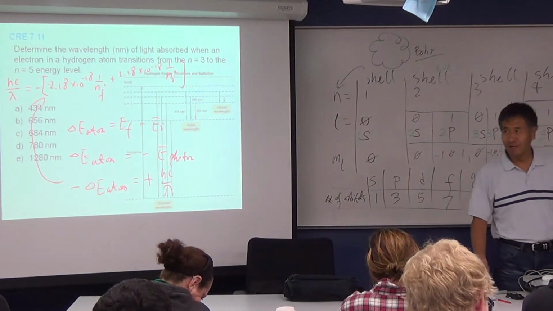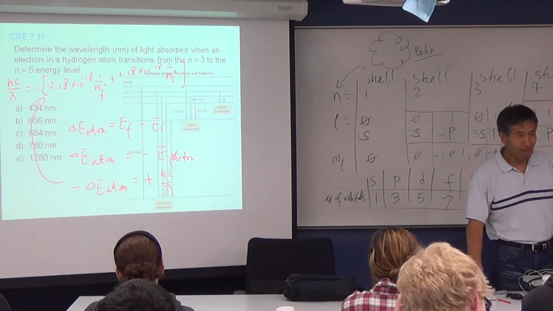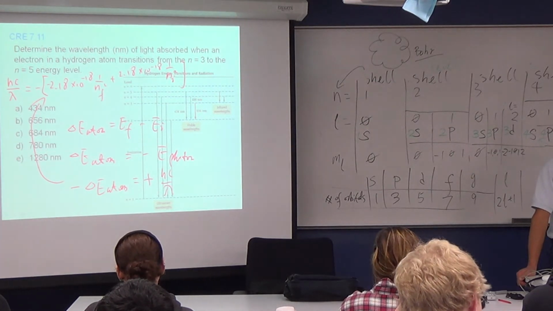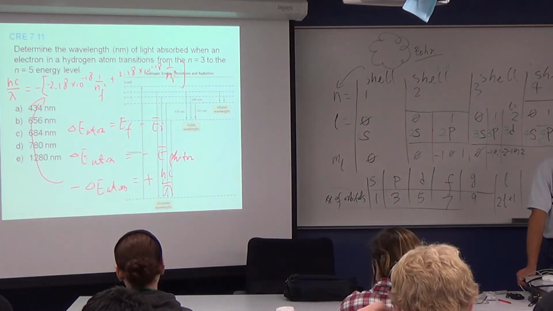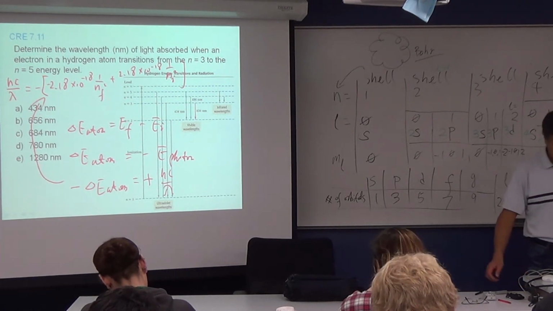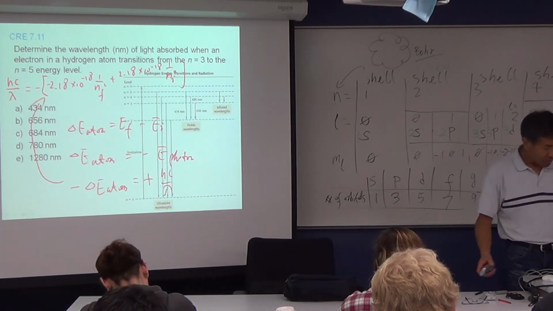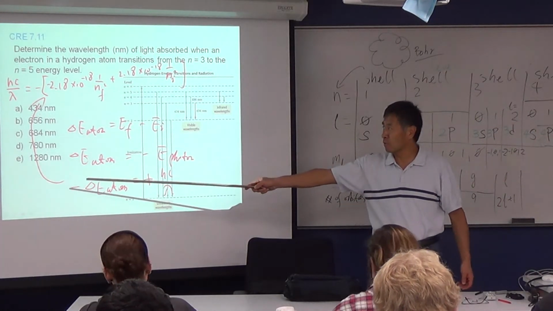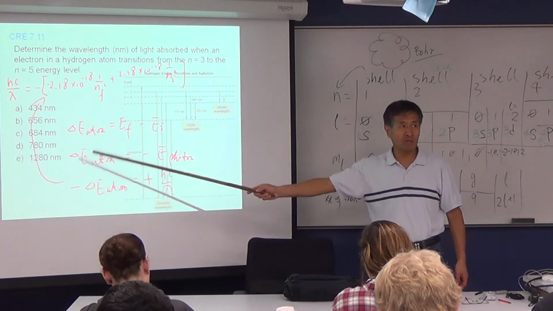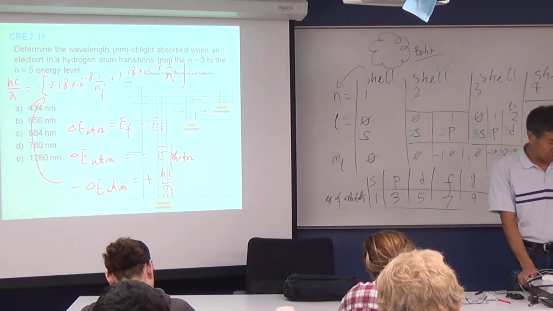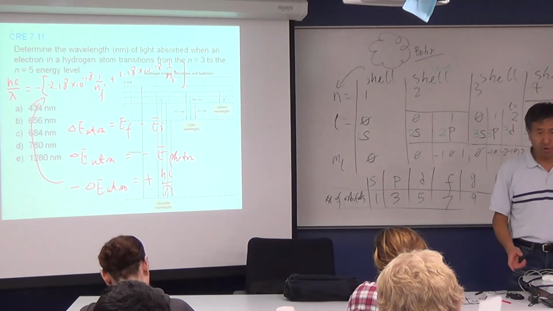There's some number? E? And you get E? Yes. Very good. If you use this equation, you will probably get a negative 1280. But as I said, you get a negative, that means the photon is like this here.